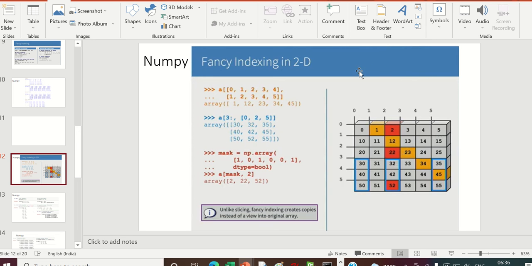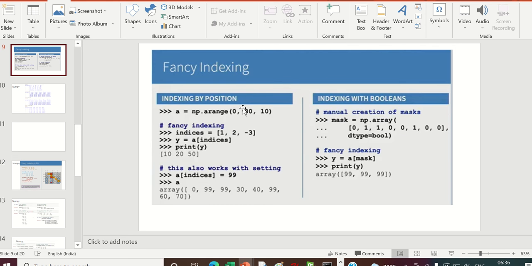So now here we had seen the solution for this. Last time, just one quick review of the last topic, the indexing by position. So what we do here is a equals np.arange(0, 80, 10). It will give values between 0 to 80 in steps of 10, and that will be an array a.